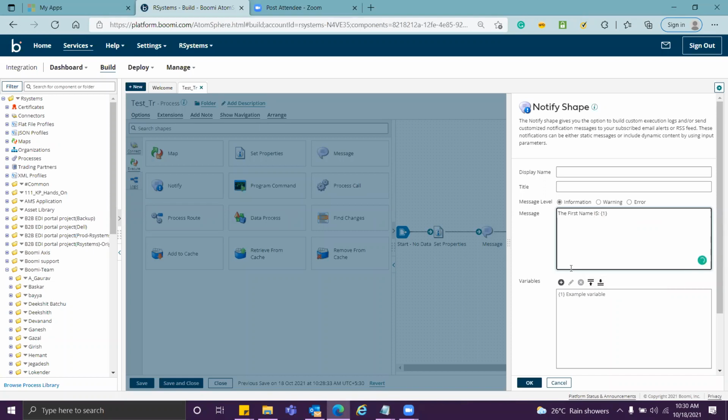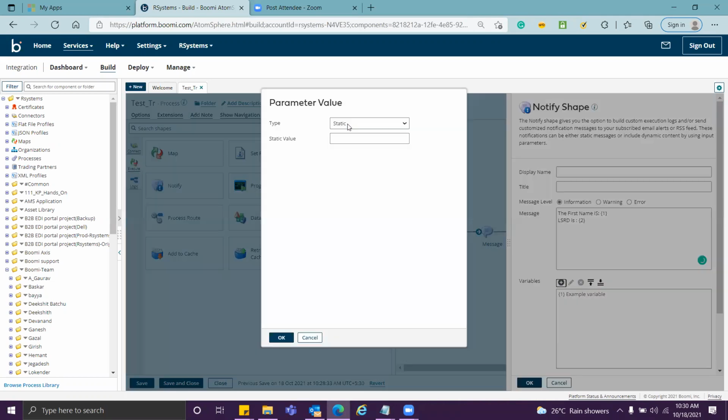All right. So suppose from my notify shape, what I want in my process logs is whatever value is set in either my dynamic process property or my dynamic document property, okay, I will take them. So I click on variables. So first of all, what we did set was the LSRD. So I click on dynamic process property. It will ask me the property name again. I give it as LSRD.